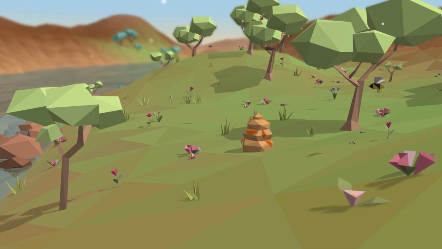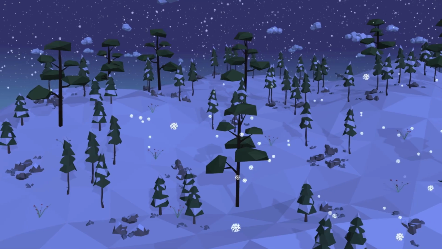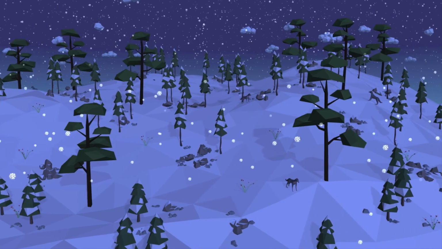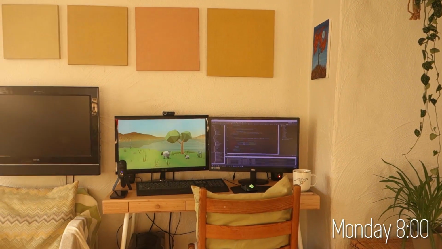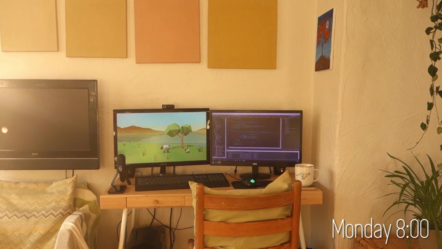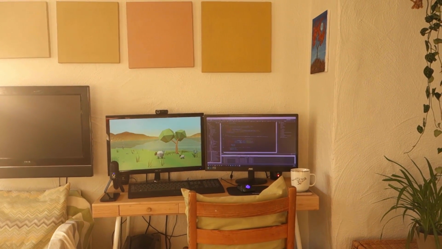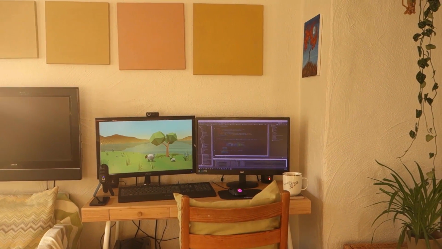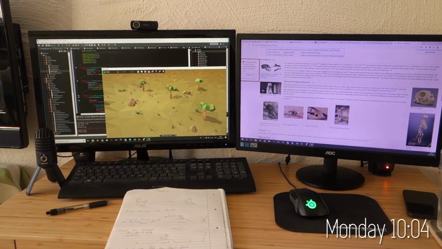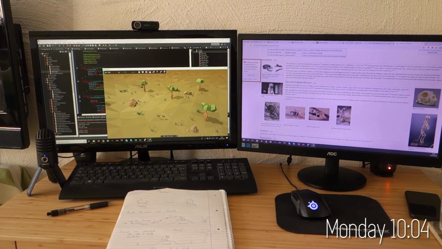Equilinox again. I've been taking a bit of a break from Equilinox in the last couple of weeks and been working on a few other projects which I'll probably talk about later in the video. But today I'm back to work on Equilinox, and this week I'm going to be implementing a new species with some new behaviours. It is 10 o'clock and first up I've just been getting some of the admin stuff out